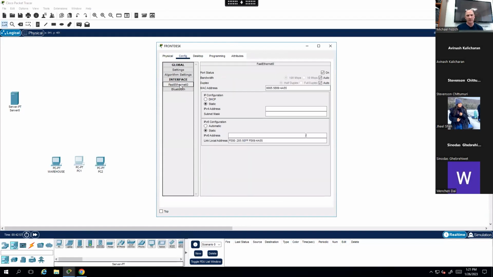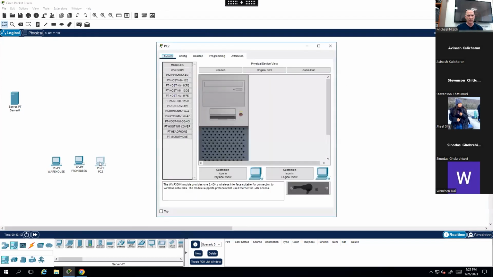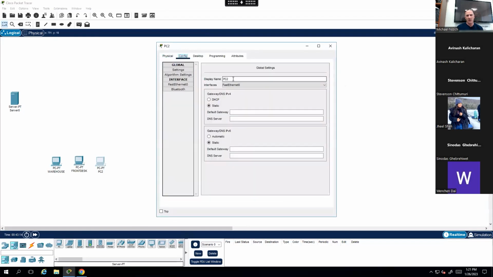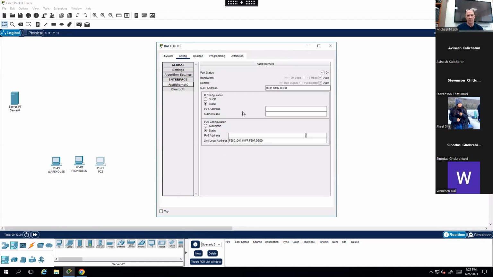And we're going to give this an Ethernet address of 192.168, an IP address of 10.101, right? And now we're going to go into this one, and we're going to go to configure, and we're going to call this back office. Okay, and we're going to give this an IP address of